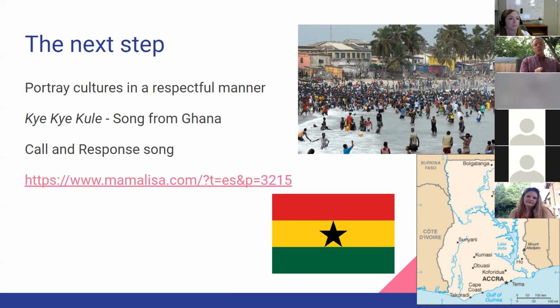So it comes from the resources that I gathered. It comes from Ghana, and there's a map of Ghana. What does their flag look like? Okay, there's four colors, there's a star in the middle. And then I always try to show people as they are today. You can see people are at the beach. Of course, this is before social distancing and COVID. So I tell them, and we look at the picture, oh, they're dressed in normal clothes like we wear, or they have houses, or oh, look how they're driving and what food they eat.